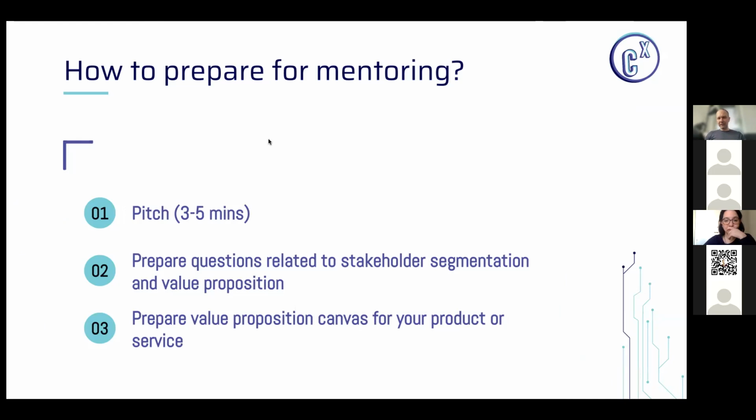Each session is gonna be 45, 50 minutes, or something like that. What I would like to ask you, for those sessions, is to prepare a short pitch, not more than 3 to 5 minutes, definitely not more. The goal of this pitch is not to explain everything in every detail,